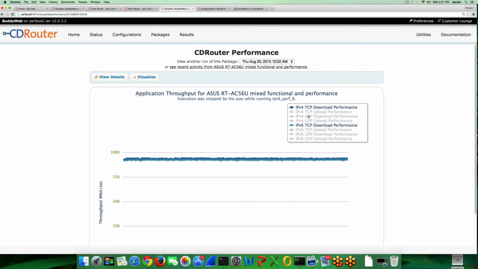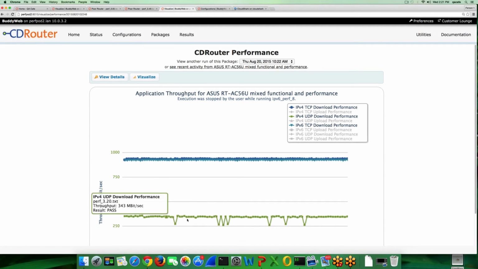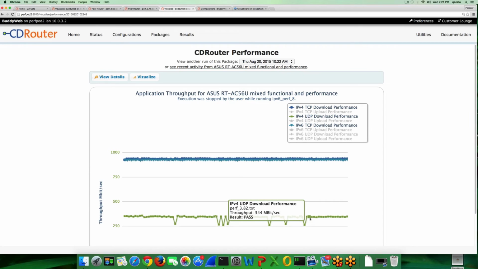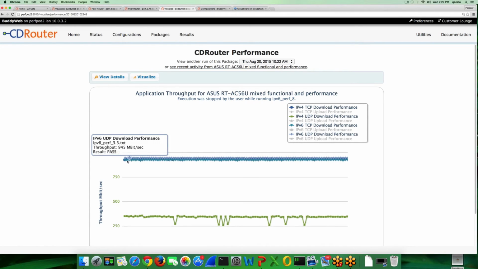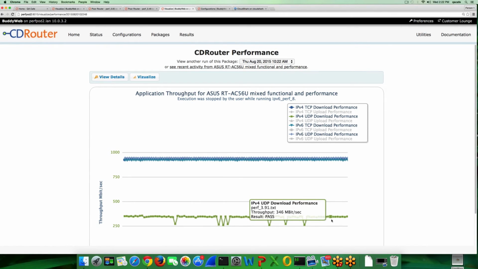But what's really interesting is when you look at UDP, UDP is way lower, and that's unusual. Usually we see UDP is a lot higher. But when you look at IPv6 UDP, so that's v4, IPv6 UDP is where we'd expect. It's actually a little bit greater than TCP for both v4 and v6. So there's something about this v4 UDP path where the performance is really much slower than